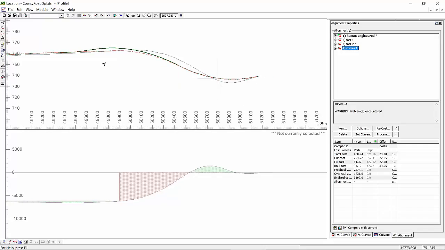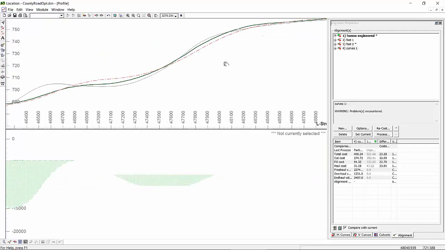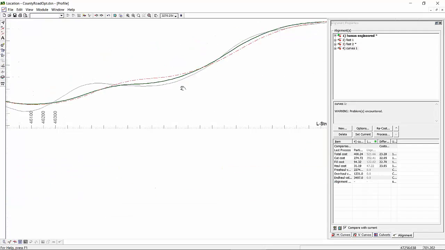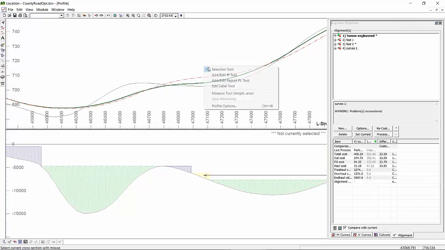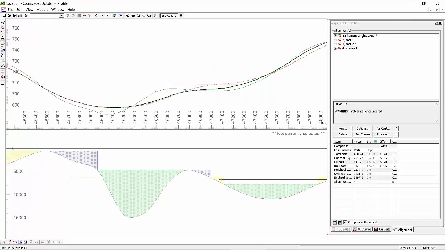Again, you can see that the alignments are quite close. Locally, at certain places, they are significantly different. For example here, again I'm going to measure it. You can see that the difference is about 4 feet. So you have these local differences that are enough to essentially account for this saving in terms